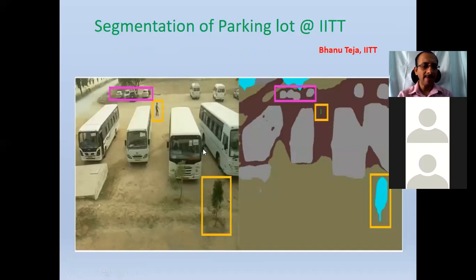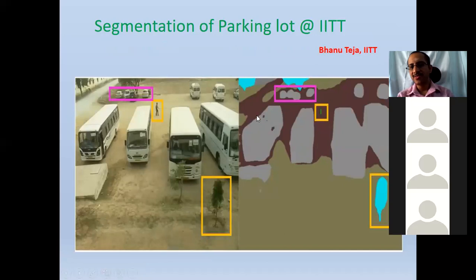This is done by our hello. You're able to listen, right? Yes, sir. And this is done by one of your seniors. So we have a camera that is fixed at the temporary campus, in front of the parking lot, so we can take the image of the whole parking lot. There is a small Raspberry Pi and camera, and it is connected to the computer and so on.